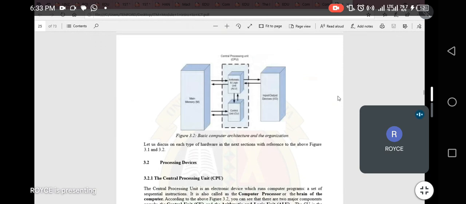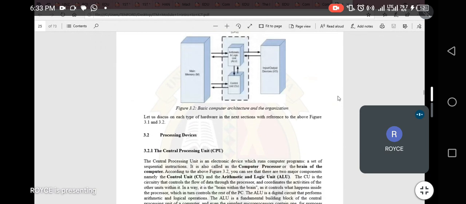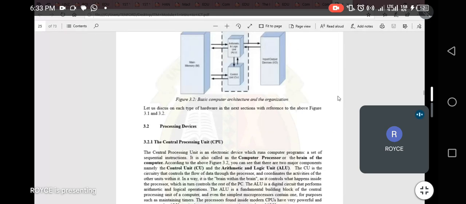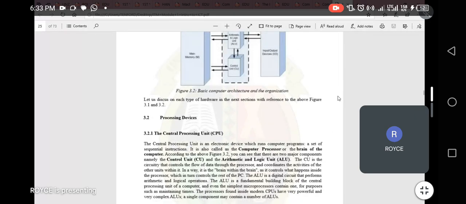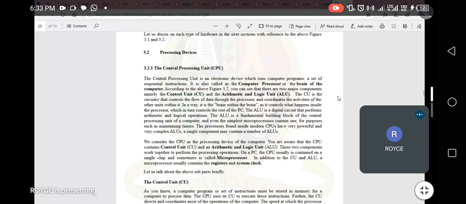So we are going to start talking about the four divisions of the computer hardware. And the first one, we're going to look at the processing devices. Mainly we are going to talk about the CPU, and we'll be able to understand how it works. CPU basically means central processing unit. We can think of it more like a brain of a computer,